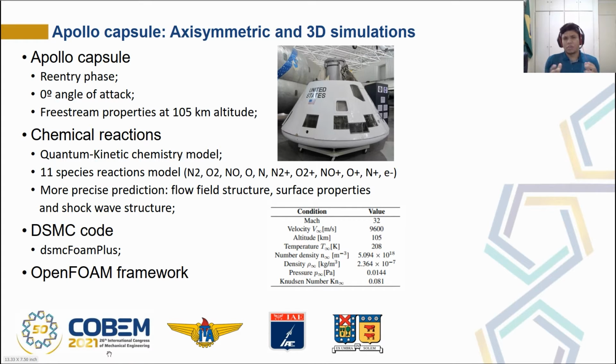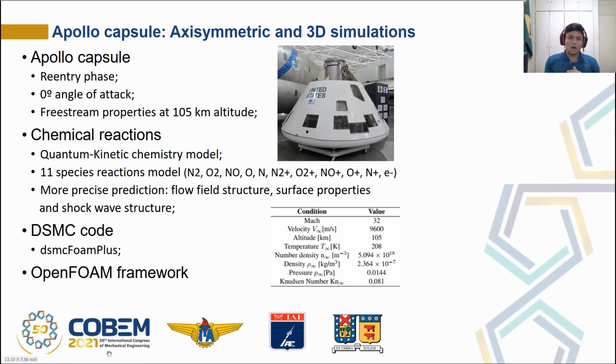Chemical reactions were taken into account because they help in a more precise prediction of the flow field structure, surface properties, and the shockwave structure. And the quantum kinetic transfer model was used, which uses 11 species in the reactions. The version of the code was IDSMC 4+,